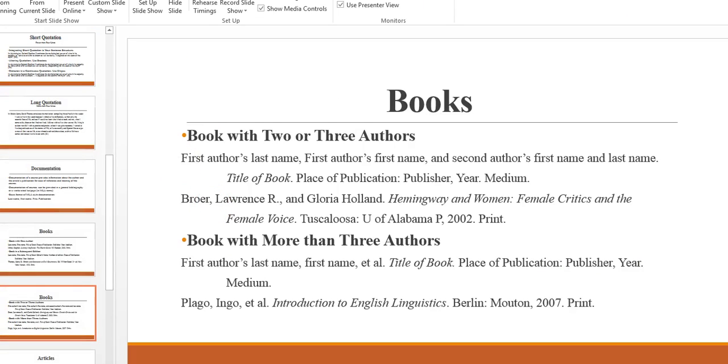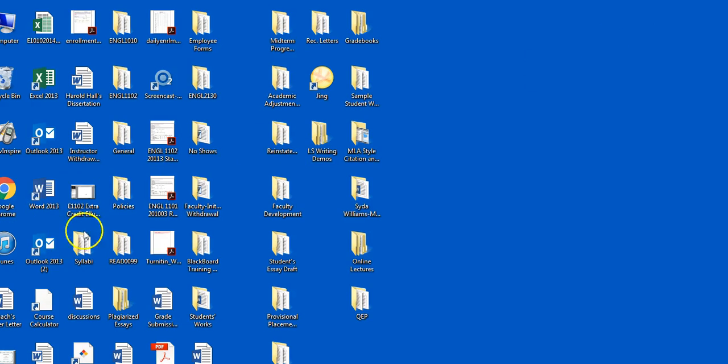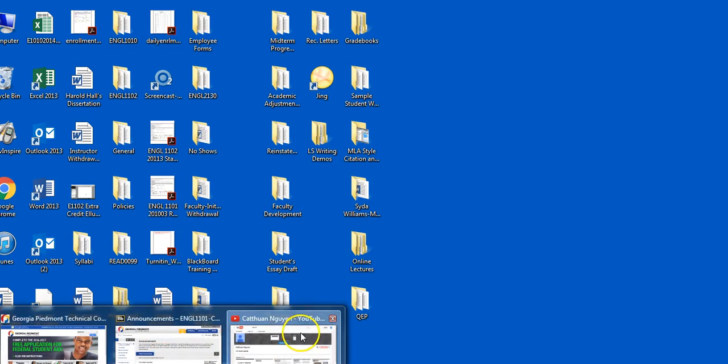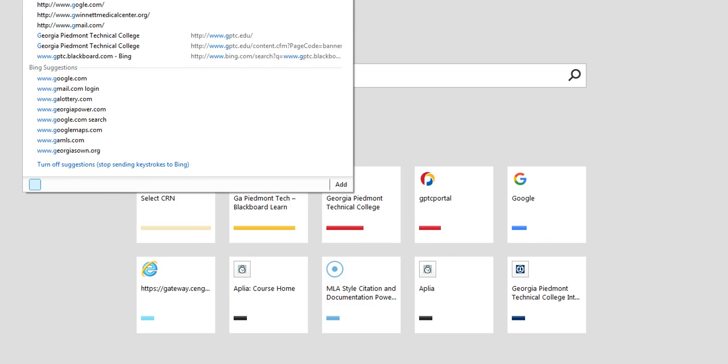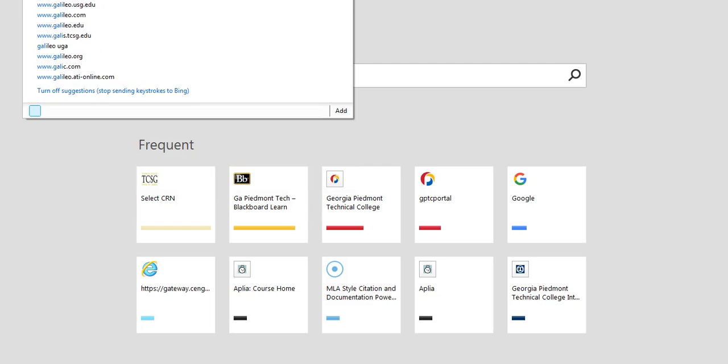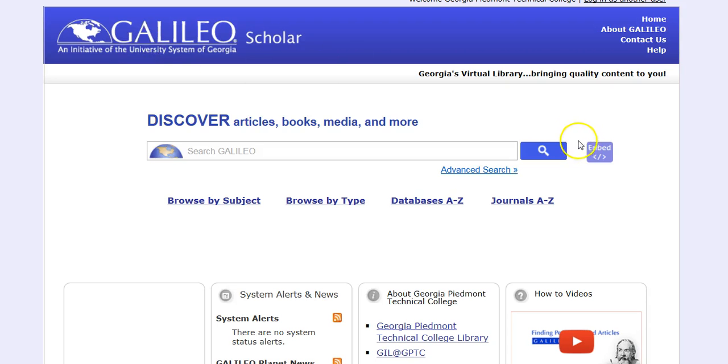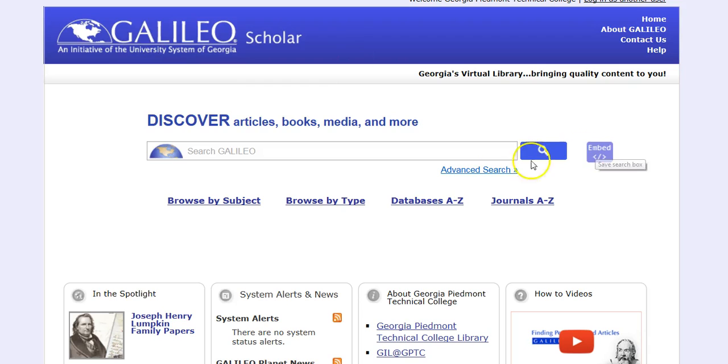irrelevant sources. But while I have you here, let me just open up Galileo so that you see what I'm talking about, to give you a brief overview of how to conduct research in Galileo. As you can see, I am not being prompted to give my password because I am working on campus, right? So when you click on the website, the URL of Galileo, which is